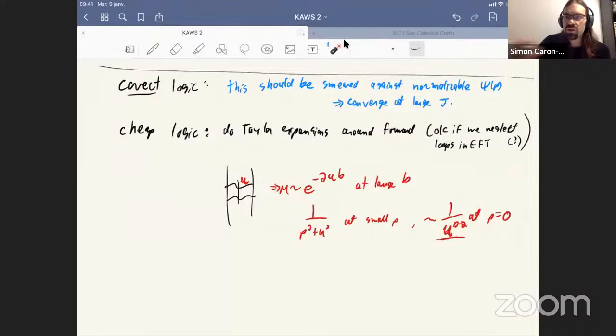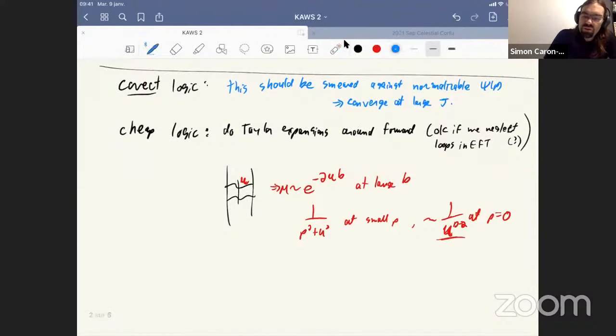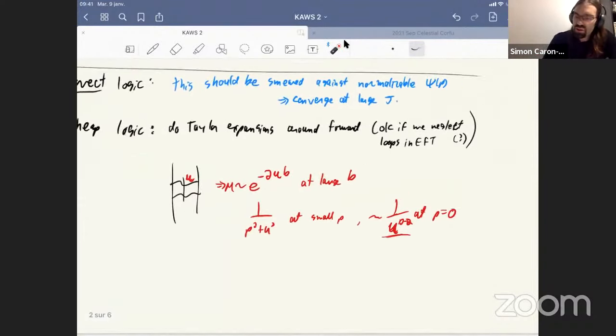And this is to be justified by studying things using these smeared wave functions. Maybe if I can give the punchline already, what we get are basically the same bounds. So I think the cheap logic is correct, but it would be nice to analyze loops further to really be sure. In the end, we always find the same bounds whichever approach we take. So we're going to describe the easier bounds, at least the easier ones to justify.